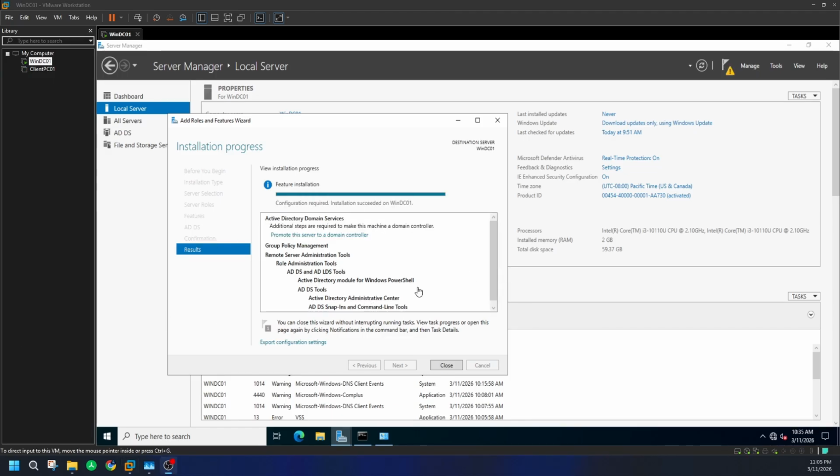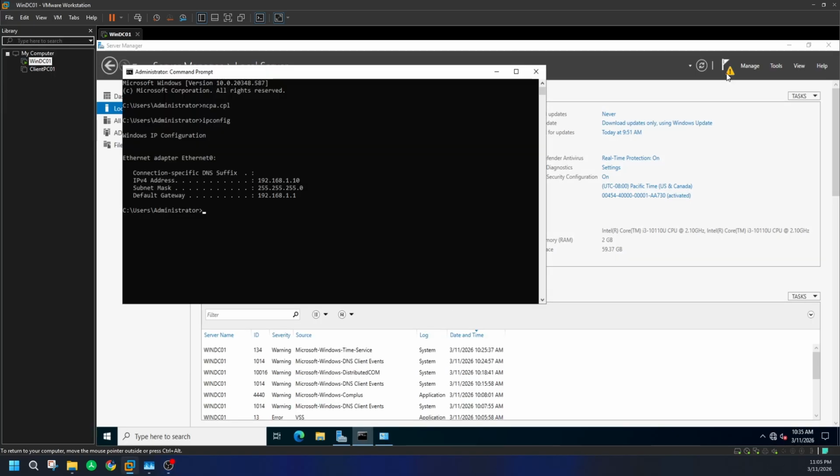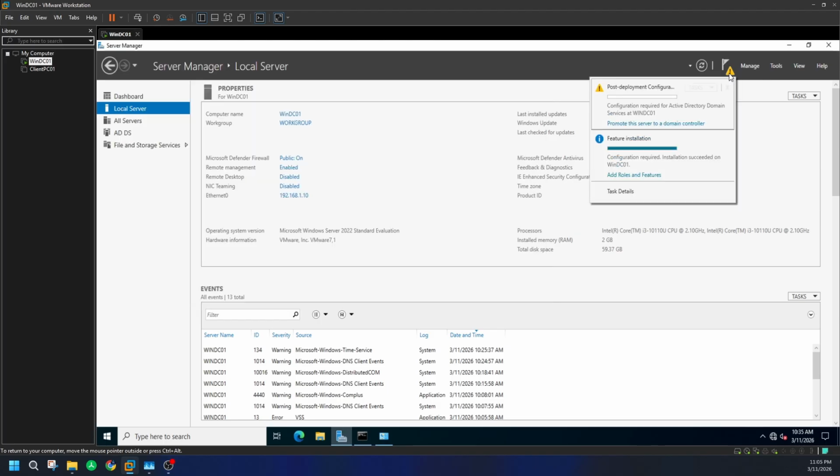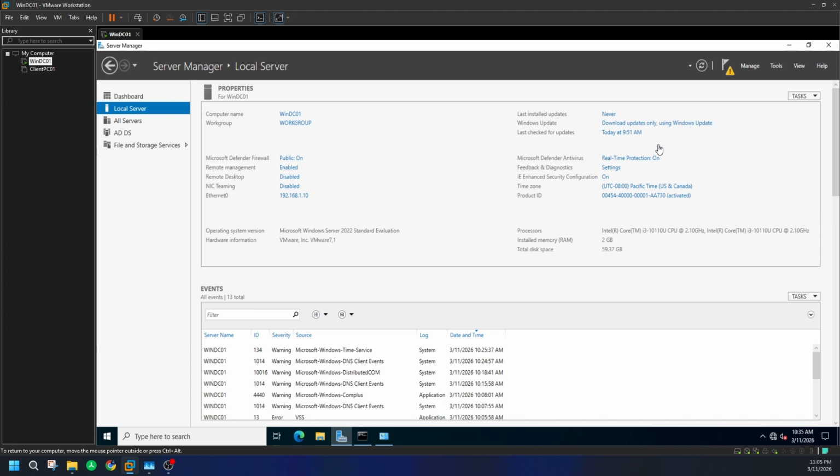Okay, so there you go. The installation is completed. Click on close. Now, if you can see, there is a yellow notification icon. It says the configuration installation is completed successfully. Click on promote the server to domain controller. Once you click on this,